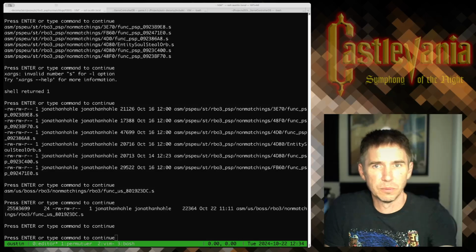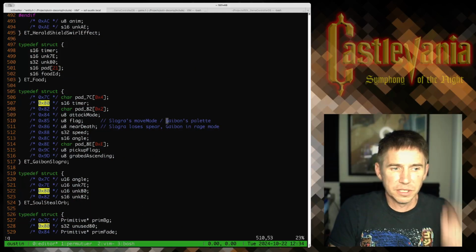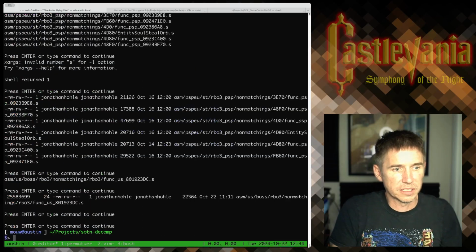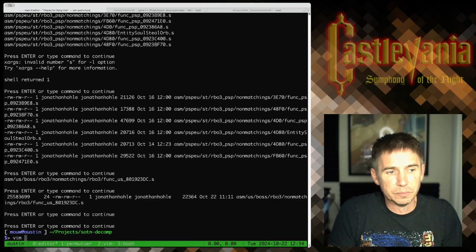So let's look at one more thing before I sign off. One of the things that needs to be done with overlays as they're brought in, and this is kind of the tooling that I'm trying to work on offline as well, is we have a lot of shared code, and that shared code needs to be mapped in. And as we map it in, we get closer and closer to getting a full match